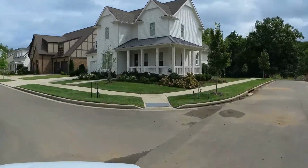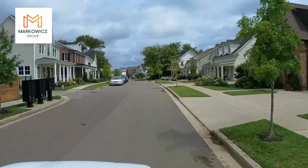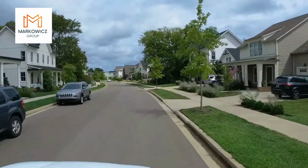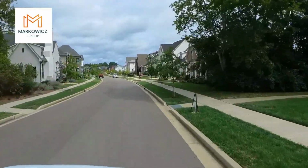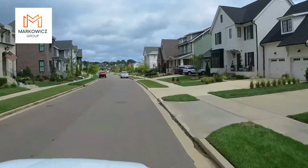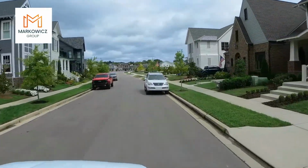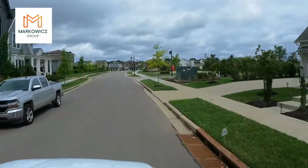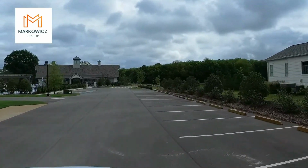You can get to it by getting on Highway 100, getting onto Pasquo Road, and also coming in from Sneed Road West. So Stevens Valley will be offering all different types of amenities for its residents, and because they wanted to make it a very outdoor lifestyle type of area, they're going to have miles of hiking, biking, walking trails. They're also going to have a dedicated area just for a community garden, which has been set up. They will have dog parks, multiple pocket parks, playgrounds all throughout the community, tennis courts, exercise courts,